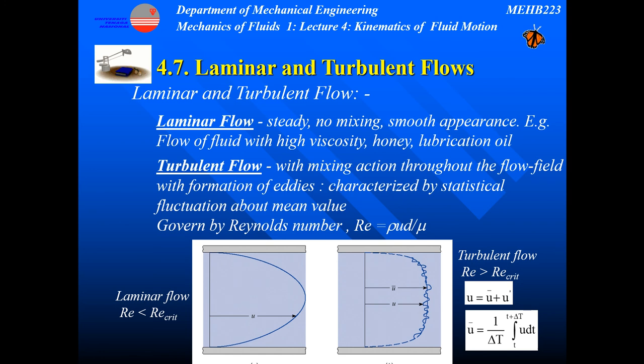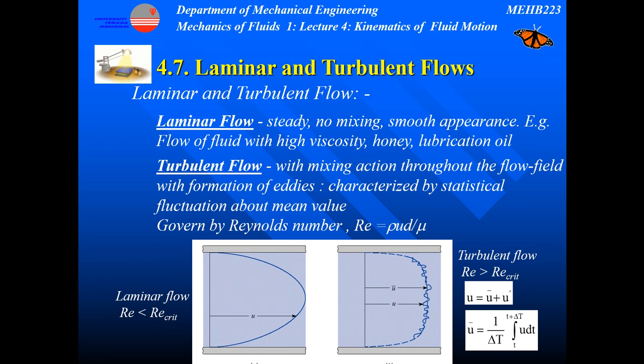Another technique is by calculating its Reynolds number. The Reynolds number is given by rho u d over mu, or rho v d over mu, where rho is the density, u or v is the velocity, d is the characteristic length. If it's a pipe, normally it's the diameter, okay? And mu is the dynamic viscosity. So when you calculate the Reynolds number, okay,